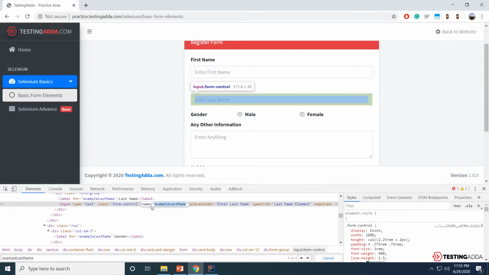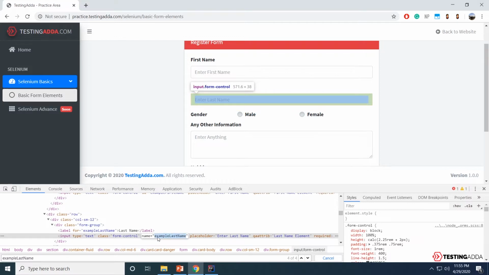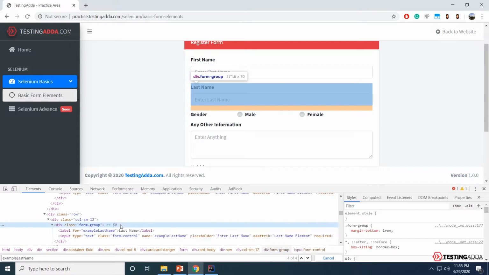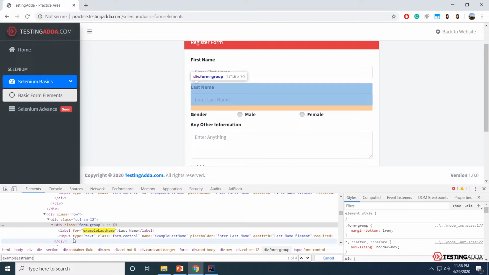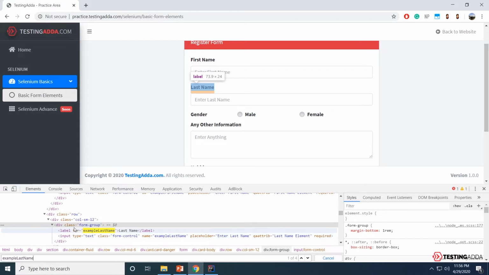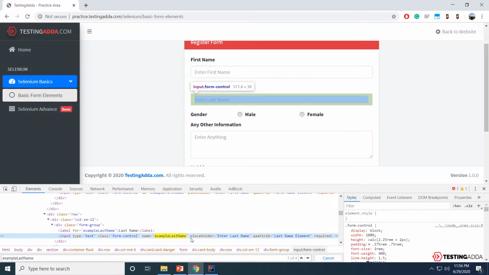But before we begin, let's see the number of occurrences of this name within the web page. I'll go ahead, copy this name, press Control F and paste the element name. Here I can see there are a total of 4 occurrences of the same name. To begin with, this is label for. This is not a name attribute, and while we are using the name locator in Selenium, it will be referring to the name attribute. This is not considered because this is for. Let's check the next one. This is the element we are actually trying to locate.